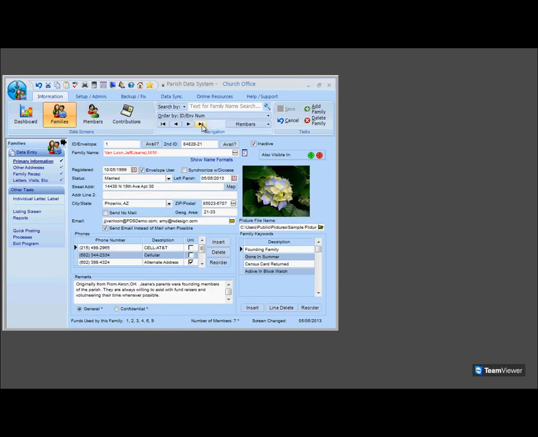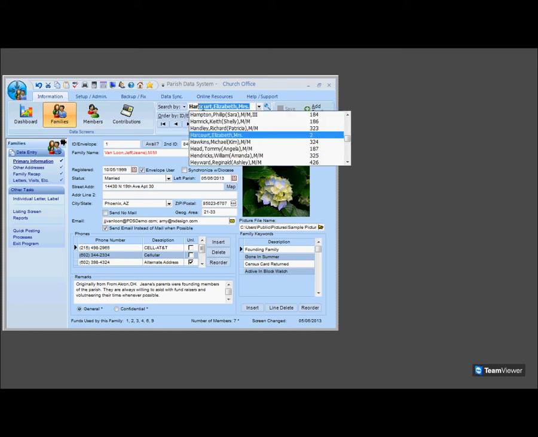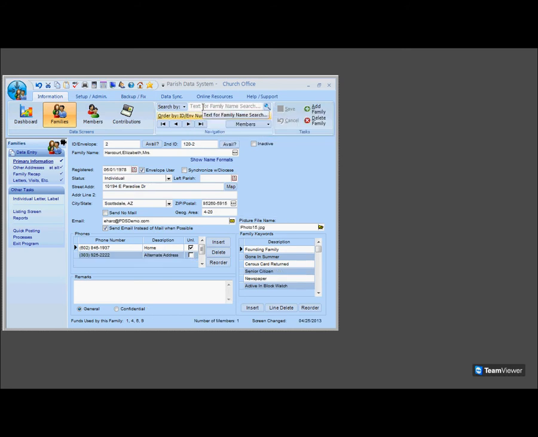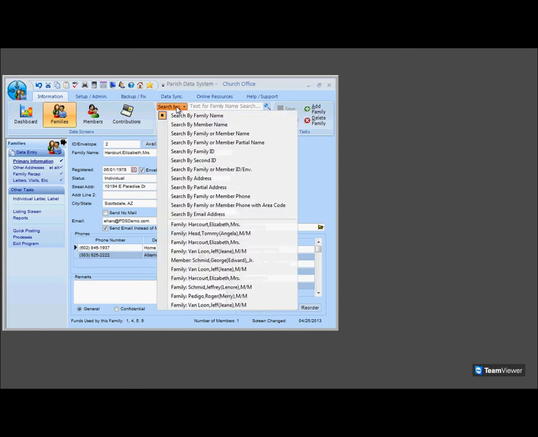Up here at the top of the screen allows you to search for families. The default is to search by family name. You click it and start typing with the last name. It'll jump you down the list to that family, and you can press enter to select them. You can also click on the search by button to choose to search by different criteria. You can look by member name, ID number, address, phone number, email address, a whole bunch of different options,